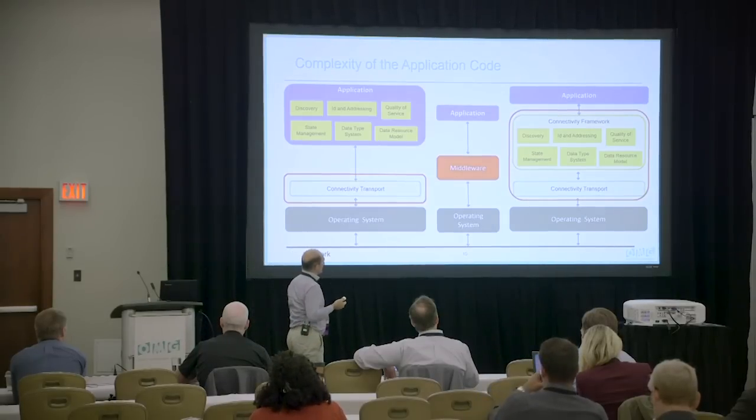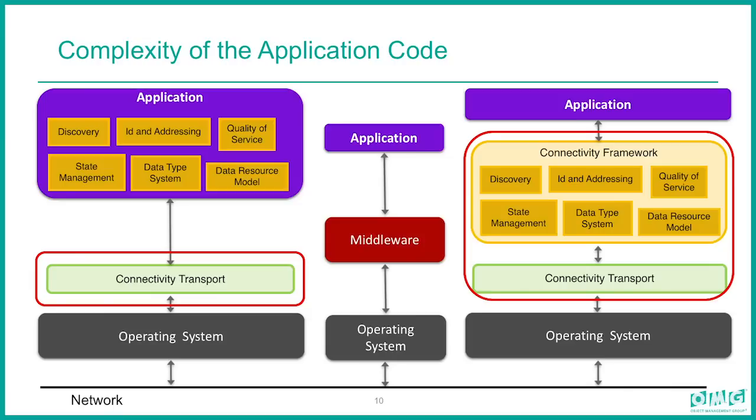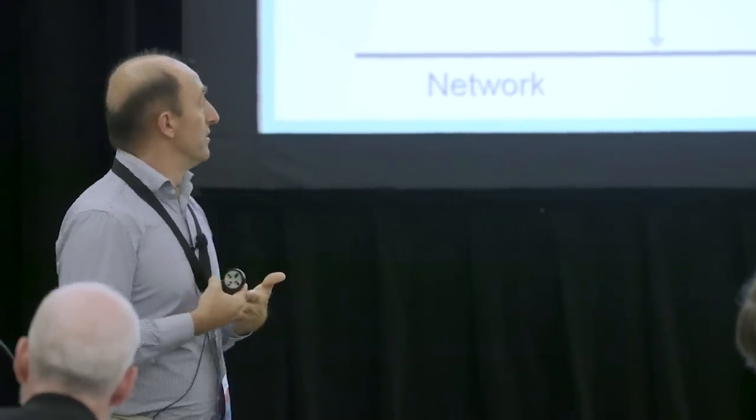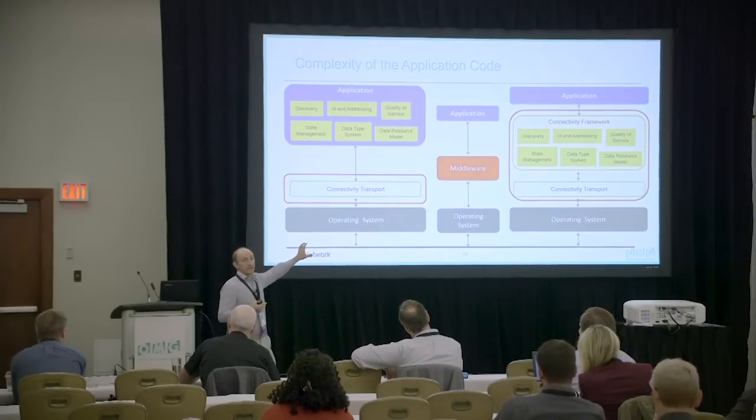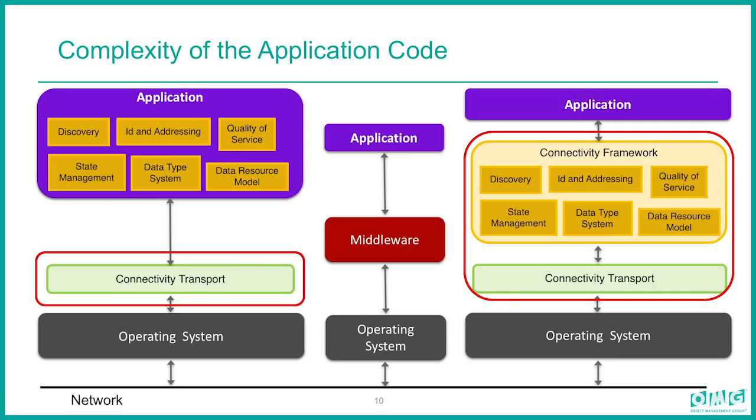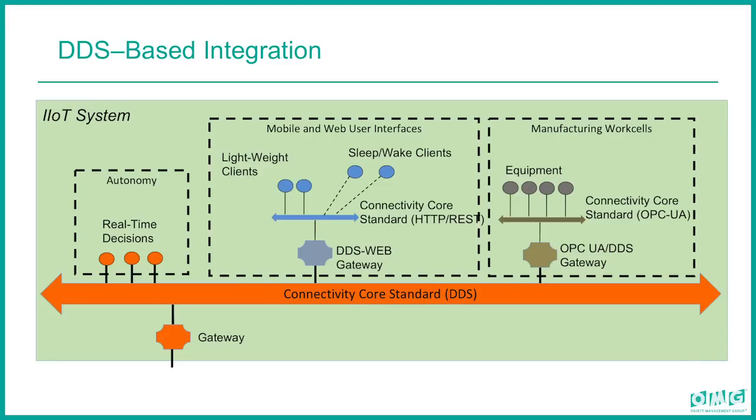And the advantage of using this type of technology is that a lot of things that the application normally would have to worry about, like what is the information, how to format the information, how to know the availability, keep track of the connectivity, what happens if I become disconnected, did the last message I sent get received or not, all those kinds of things that increase the application logic and complexity get done inside the middleware layer. So the application can now operate at a much higher level, about what it wants to receive, what it wants to send, what services it wants. This is, at a very high level, what DDS is for.